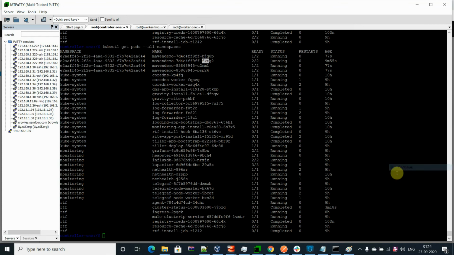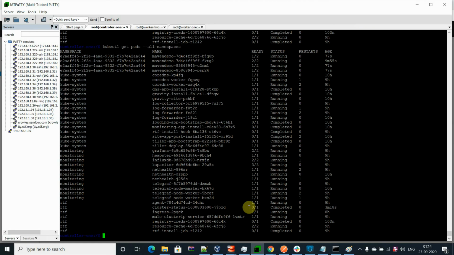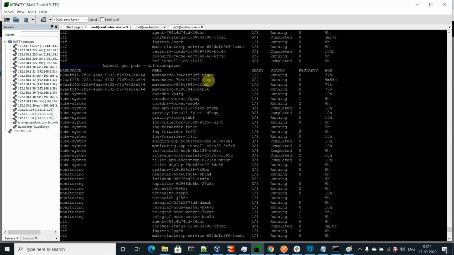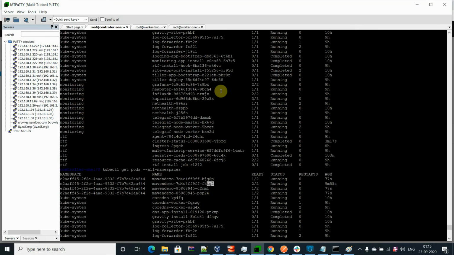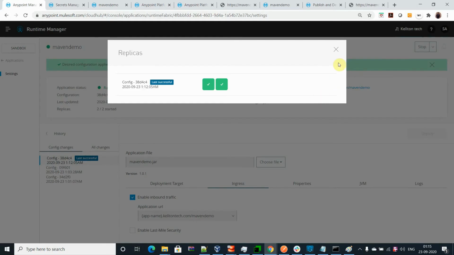Just pause here. Okay, now we are back, and let me see the status. It has been deployed on two servers. Let's go and check the status from Ingress. You'll see that the older one is deleted, and you cannot see it over here. The two new ones are the new ones. So this is the deployment.